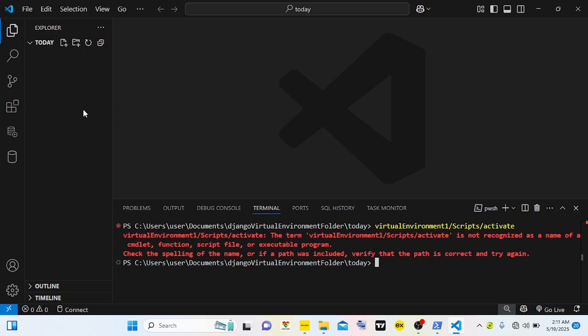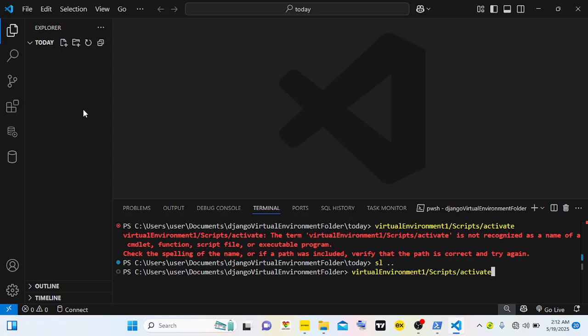Okay, there's a problem with the activation of my virtual environment because the folder in which I try to activate is not the folder in which I created the virtual environment. So I'll go a step backwards. I'll set location back and then I'll try to reactivate it again